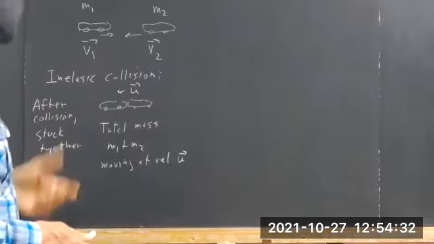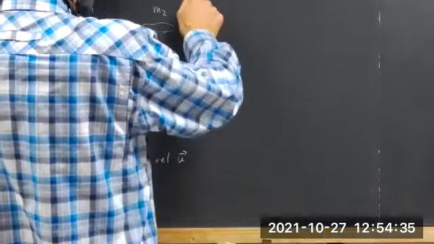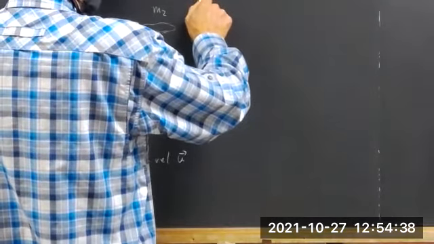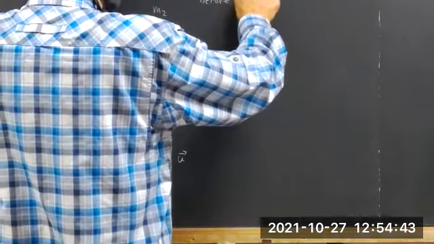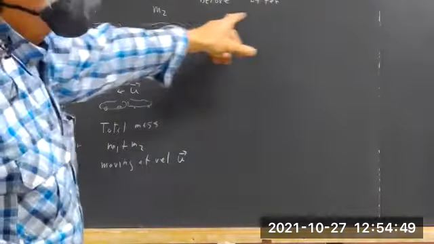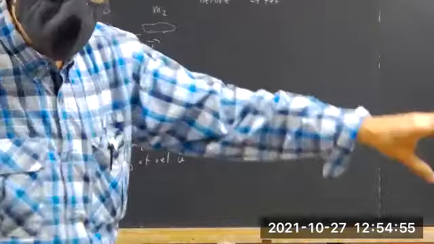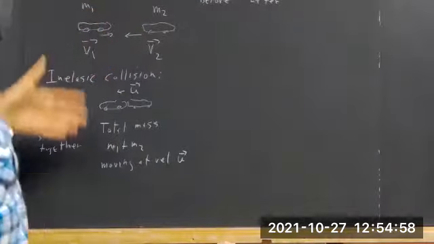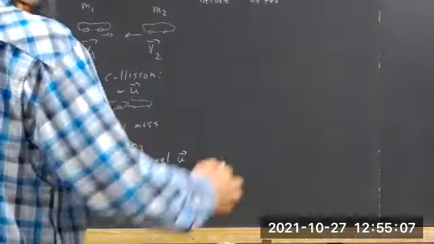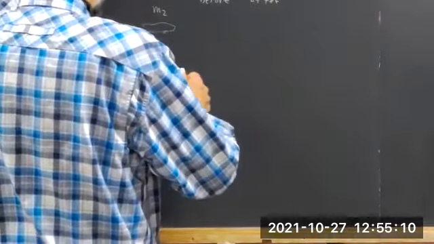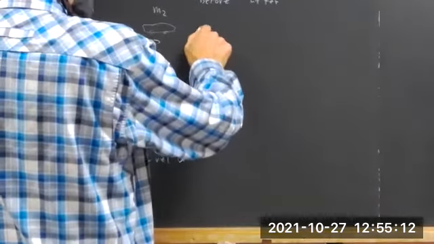So what's the equation that governs this? One way of writing the equation is that the momentum before equals the momentum after. Another way is momentum before plus momentum after equals 0. Sum of all the momentum. Before added to all the momentum after is going to be 0. Well, momentum before equals momentum after. So what's the momentum before? Well, it's M1